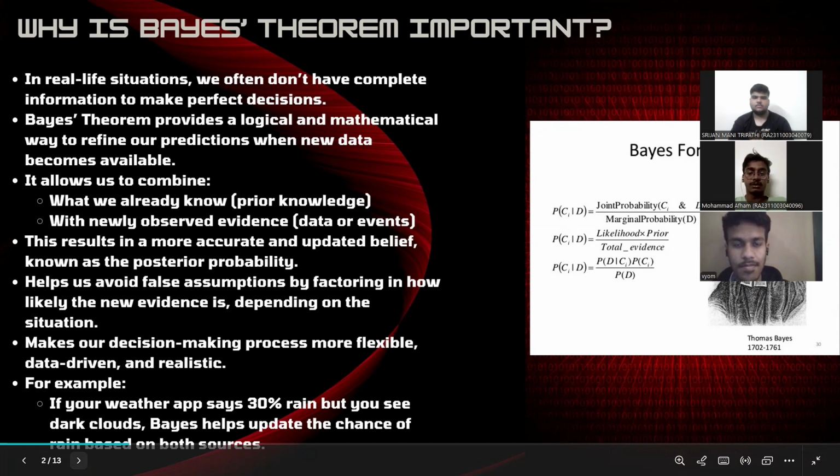For example, if your weather app says 30% rain, but you see dark clouds outside, Bayes theorem helps update the chance of rain based on both sources. Now move on to the third slide,